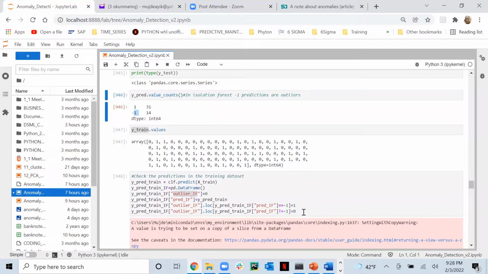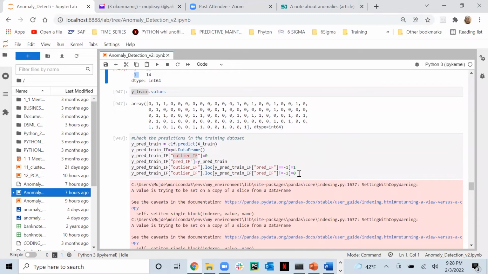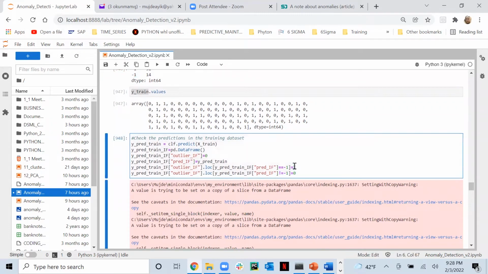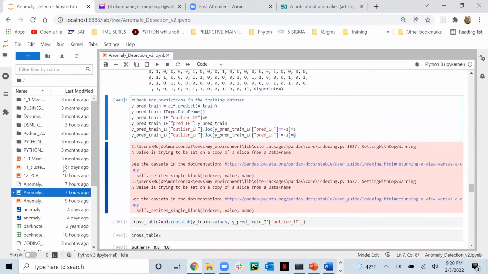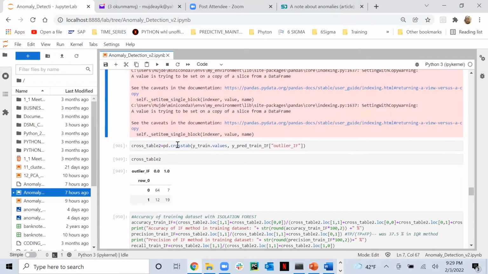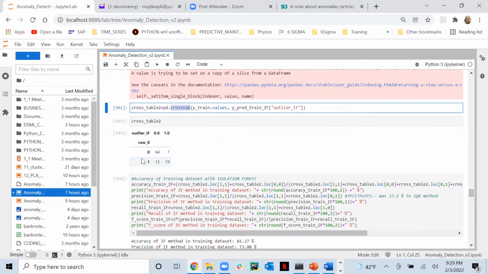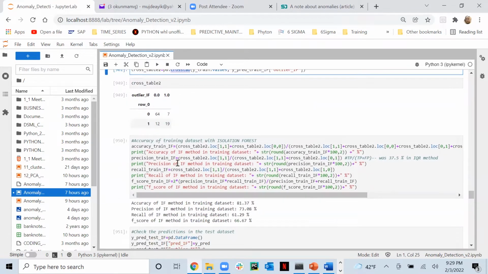So to make it similar to my data frame, if it is -1, I say it is fake. And if it is 1, I say it's not fake, so that I can compare this with our actual labels. Looking and comparing this with our actual labels, I get this cross table. And looking at the accuracy of the results in the training data set, I go up to like 82%, which